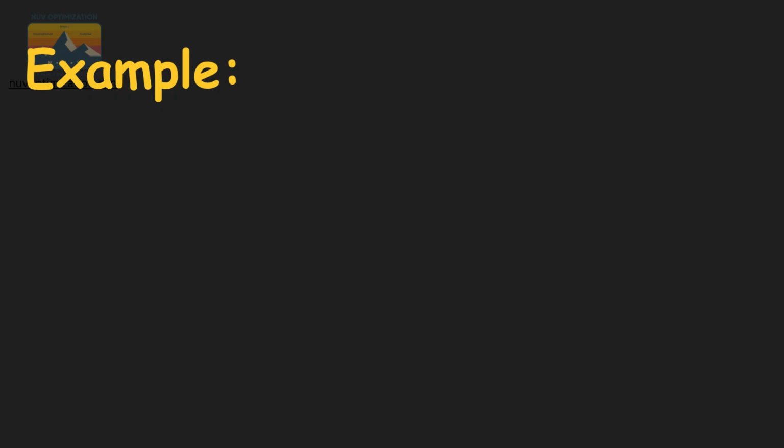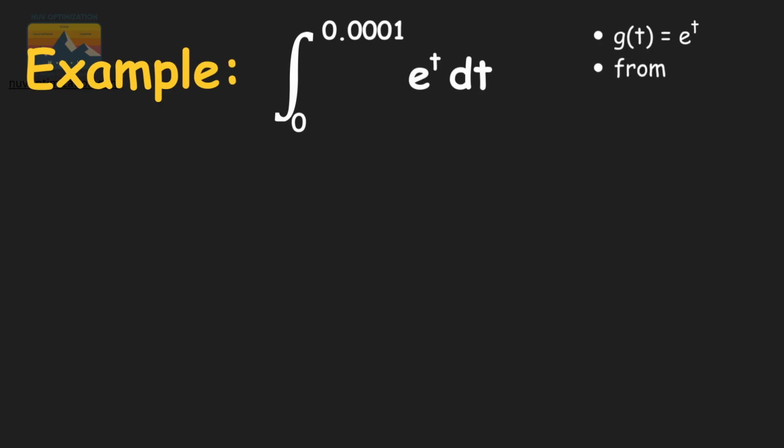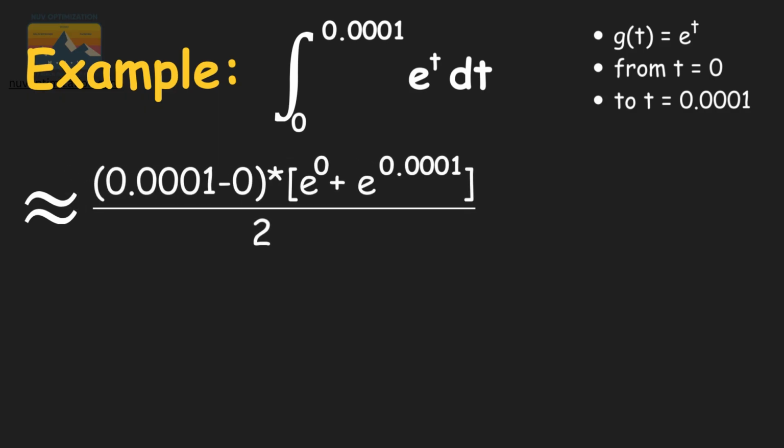Now, let's look at an example to see how incredibly accurate the trapezoidal rule can be when the interval is small. We want to compute the integral of e to the power of t from 0 to 0.0001. Here, our function g of t is e to the power of t, our starting point c is 0, and our ending point d is 0.0001. Using the trapezoidal rule, the approximation for this integral is 0.0001 multiplied by (e to the power of 0 plus e to the power of 0.0001), all divided by 2. If you calculate that out, it comes out to be approximately